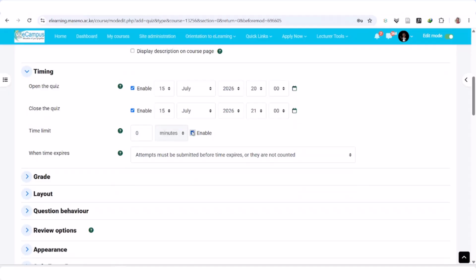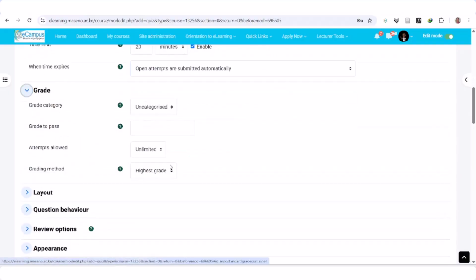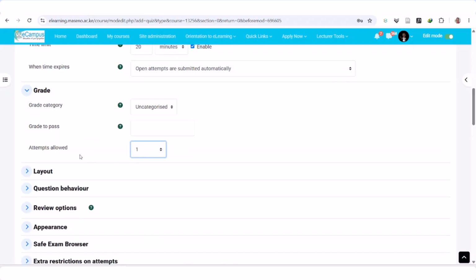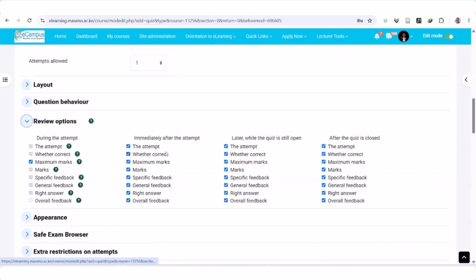I can put a time limit. Maybe they have about 20 minutes to attempt the quiz. I can put in the option that open attempts are submitted automatically once the time elapses. For the grade, under the grade option, I limit the number of attempts allowed to 1. Okay, and the review option I can